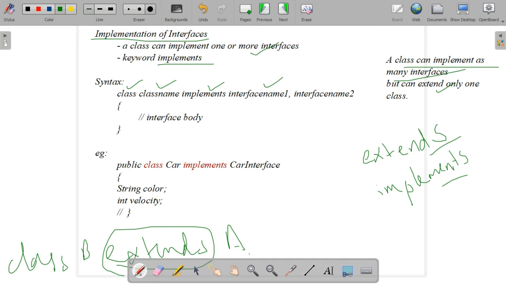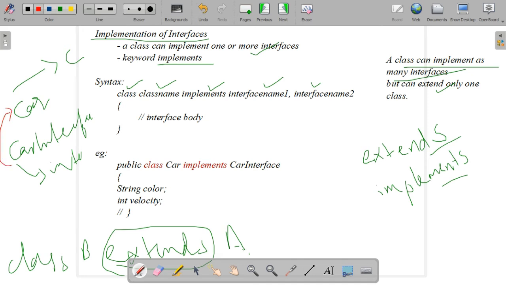Through the class, how will we implement? Class, class name, then implements, interface 1, comma, interface 2, like this you can give. Consider Car is the class and the interface we have given is CarInterface. So these are two cases: Car is the class, and CarInterface is the interface.